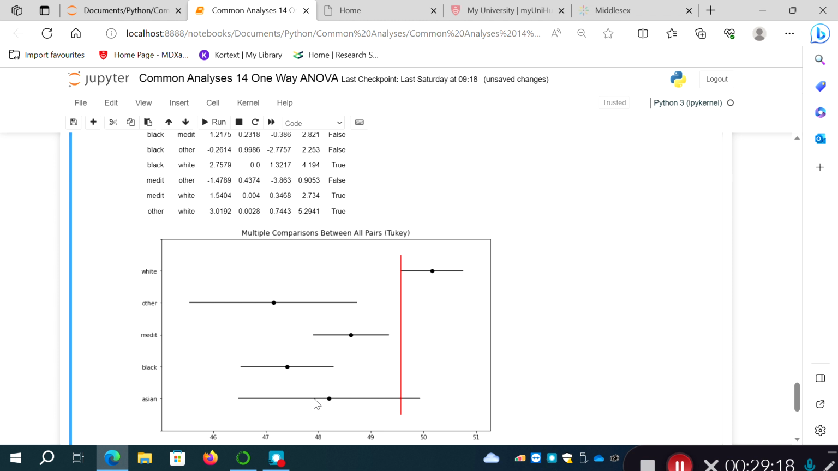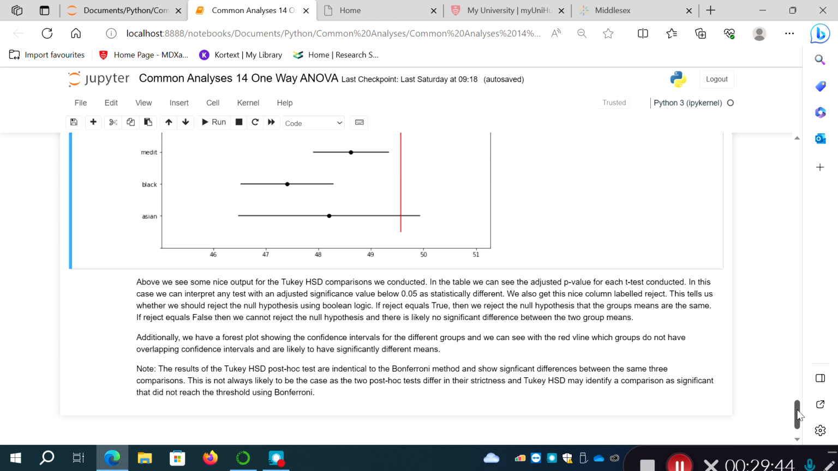So none of these 4 groups were significantly different from each other, but the other group was significantly different from the white group. The Mediterranean group was significantly different from the white group. The black group was significantly different from the white group, and their error bars do not overlap at all with the white group. The Asian group wasn't significantly different from the white group, and you can see there is overlap between those 2 groups. Okay, so